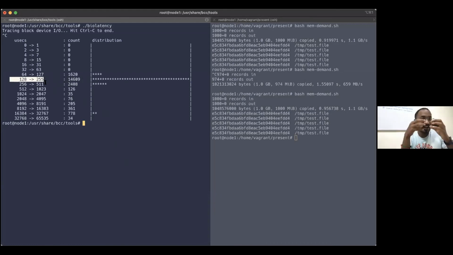I'm waiting in the block queue. I'm not doing anything, just waiting in a queue for 128 to 255 microseconds. The 14,600 events captured during this observation are simply idly waiting in the block queue.